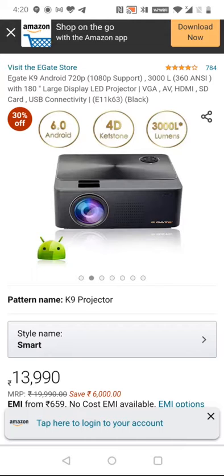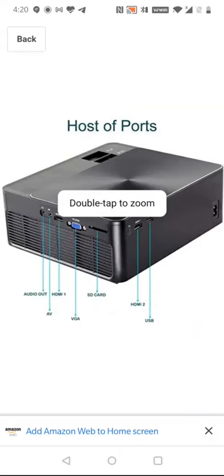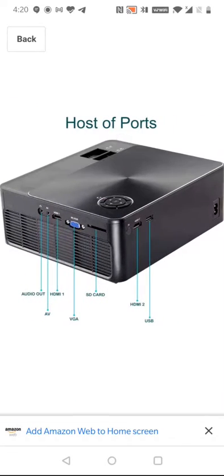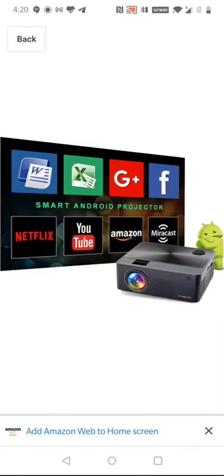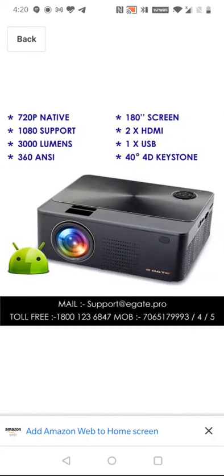This is a very important feature you need to look into in a projector, and this comes with Android 6. And you have the ports. You can see the audio out, AV and HDMI, and a VGA port as well, and an SD card slot and HDMI 2. There are two HDMI ports and one USB. As I said, the 4D keystone is very important, and it can give a 180 inch screen,